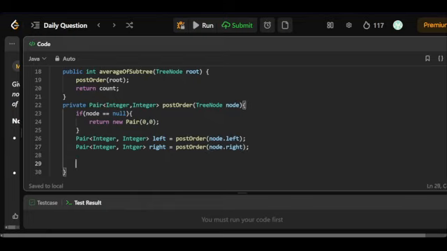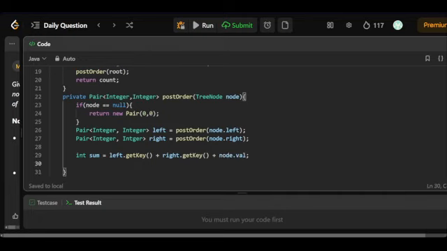Then I'll be calculating the sum, that will be equal to left dot get key plus right dot get key plus node dot val. And similarly, count will be equal to left dot get value plus right dot get value